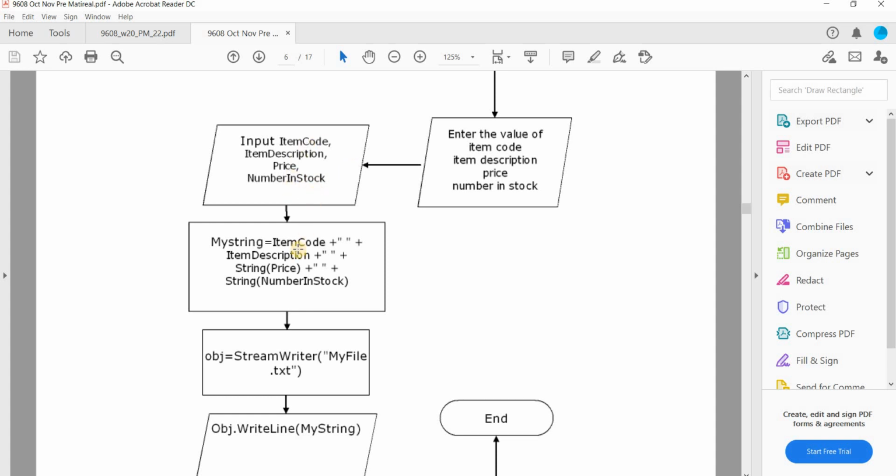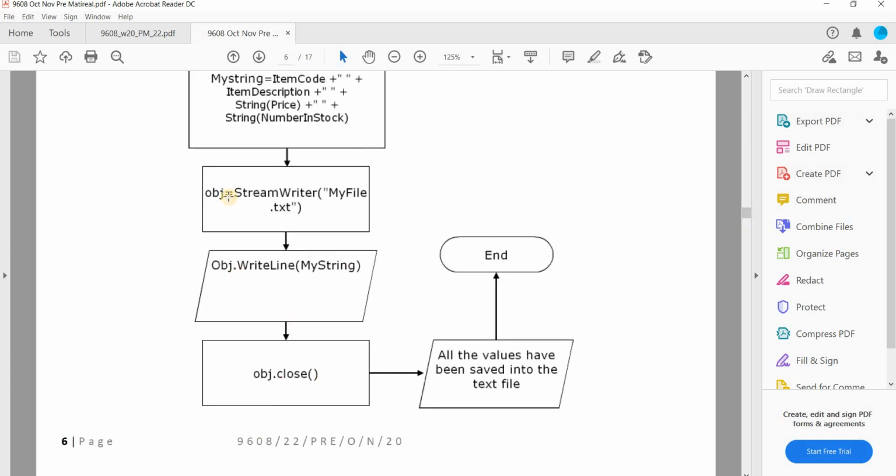Once you enter the data, you will use the string that we have studied in the previous task: my string equals item code plus the space symbol as a separator between two items, plus item description, string price and string number in stock. I have generated this string.